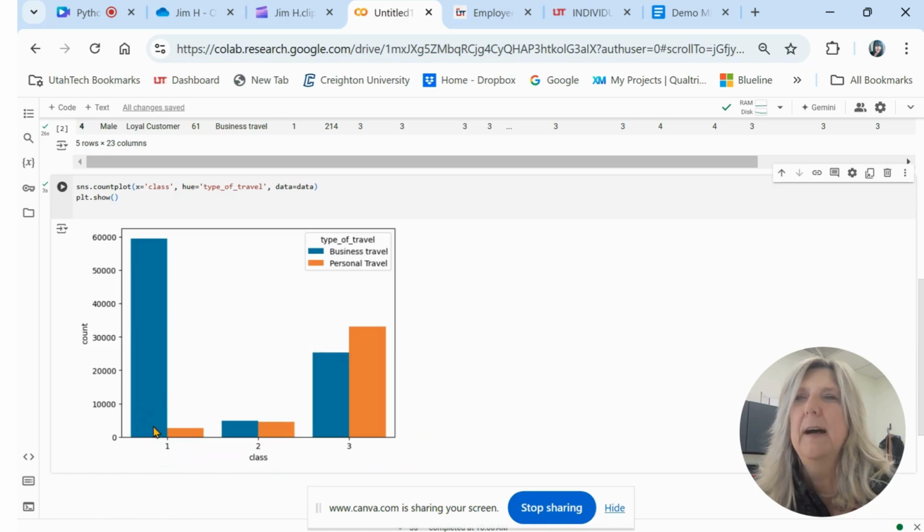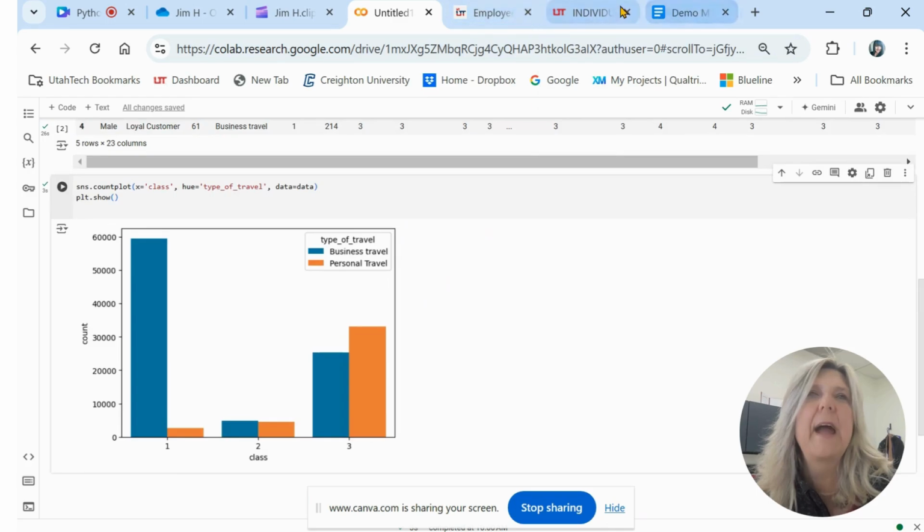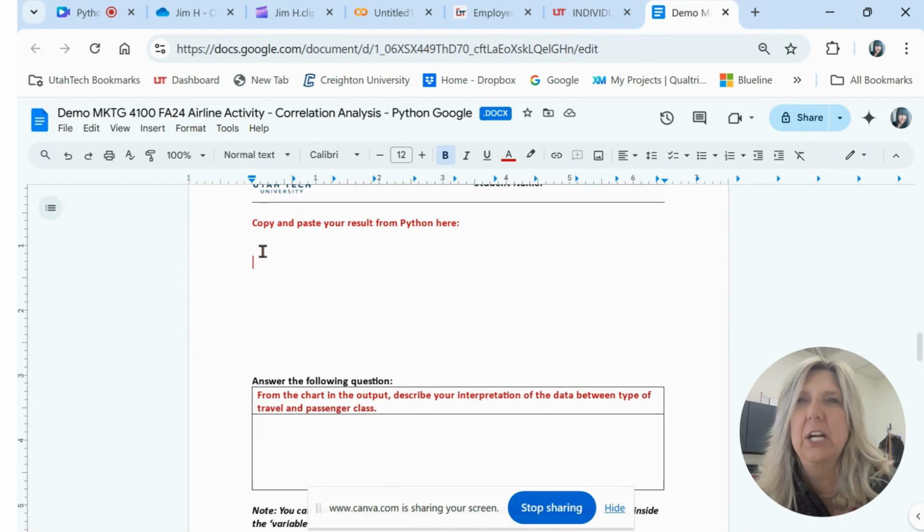So here we've got the class, meaning first class, second class, third class. You've got business travel and personal travel. So you can see here that there's a lot of people who are traveling business in the upper classes. Okay, there you go. So you're going to take a screenshot of that graph and paste that screenshot right here